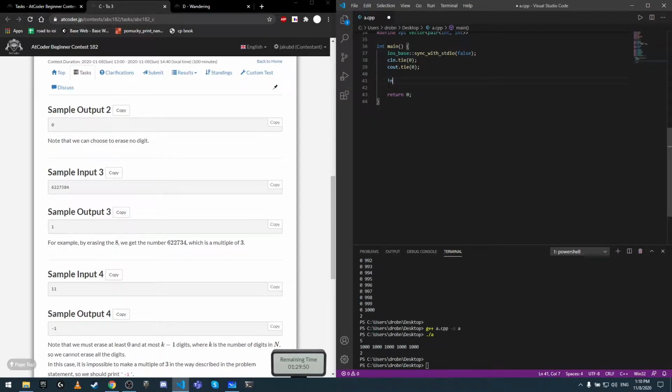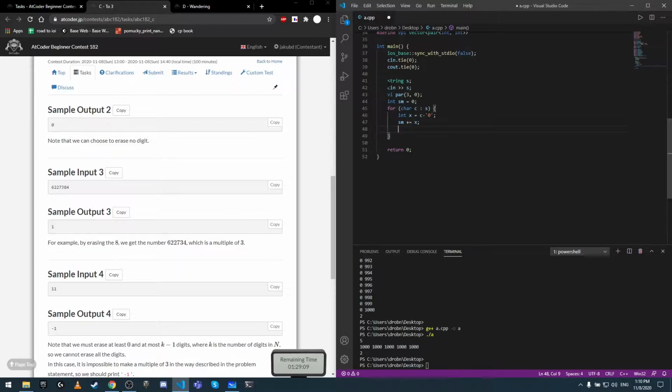So first we do a vector of length 3, and then we do int sum, and then we do for char t in s, so we basically count it up. So parity, so we have this int x, right? We extract the int, and then the sum, we count it into the sum, and